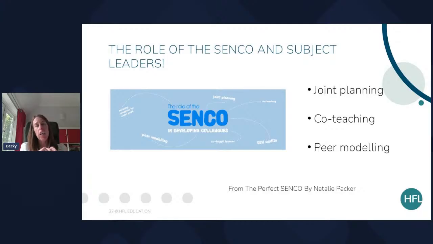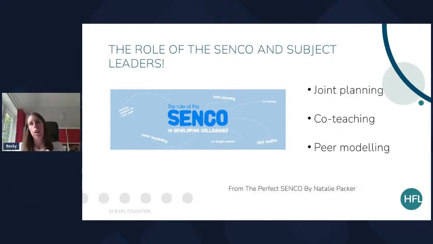And then co-teaching. Often in the moment, a teacher is so busy with the class of 30, 31, possibly 32 children, that it's often really beneficial to have another leader in there. Often when we've been in classrooms, we can say, a writing frame would have really helped in that moment, just on the whiteboard, and we can support TAs with that. So subject leaders and senior leaders going in and co-teaching is a powerful tool, because it not only enables them to plan together, but also jointly deliver and evaluate the success of that lesson.